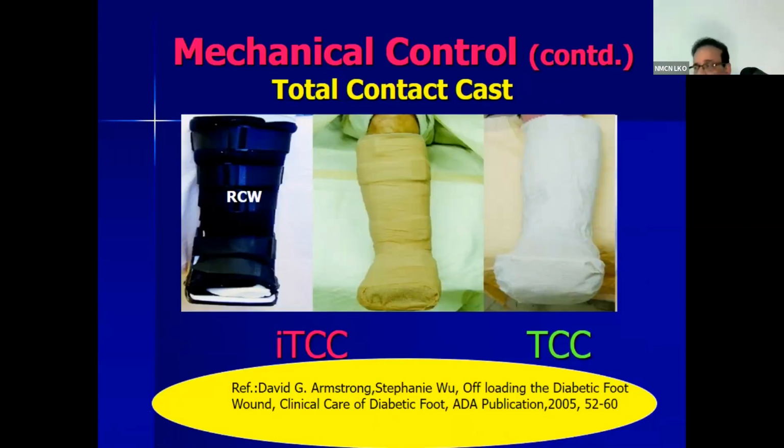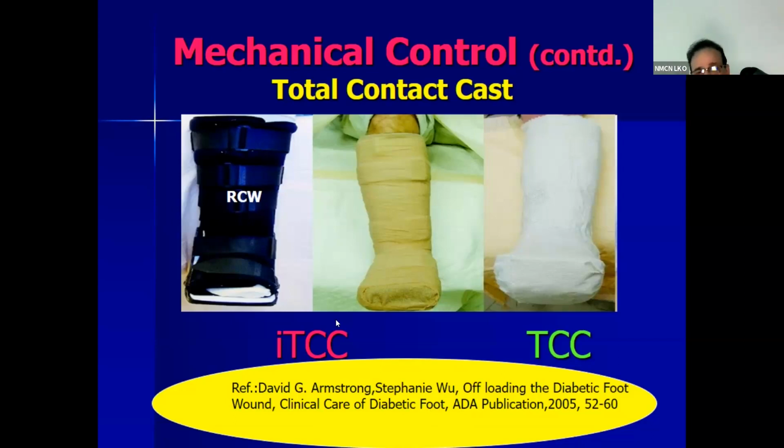Now I come to the total contact cast, which Dr. Curry has very nicely mentioned. The only thing you should remember is that the TCC, total contact cast, is applied just like we apply plaster around foot or ankle fractures. But the problem here is that you cannot see the ulcer, you cannot follow whether it is increasing or decreasing. And if there is a discharge from the ulcer, it is going to cause maceration and further problems can occur. Sometimes a small ulcer is also formed because of the warmth of the POP cast or fiberglass